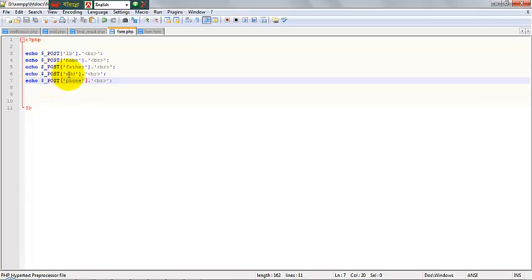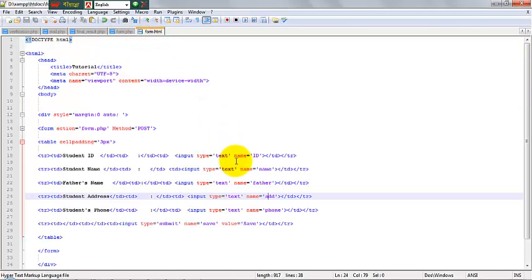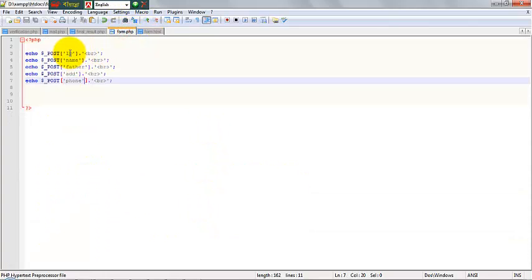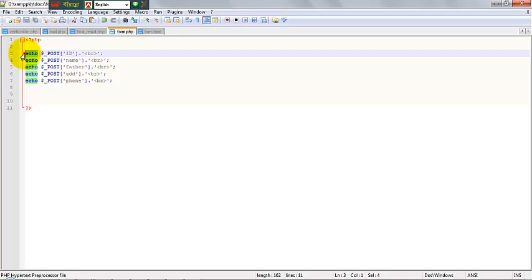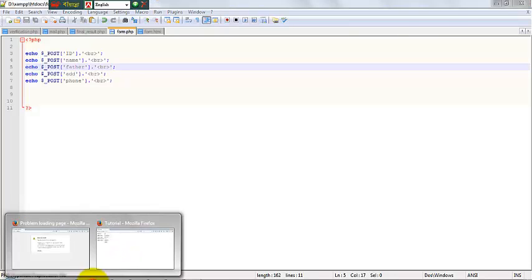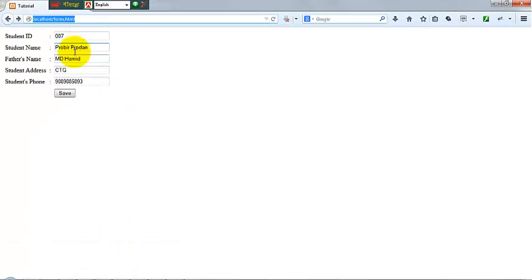Post one, post add, post further, post name, post id. Go to this template. Okay, 1 2 3 4 5 text box, and we have write 5 1 2 3 4 5. Echo means print, to show the value or print the value in the browser page. So go to the browser page and